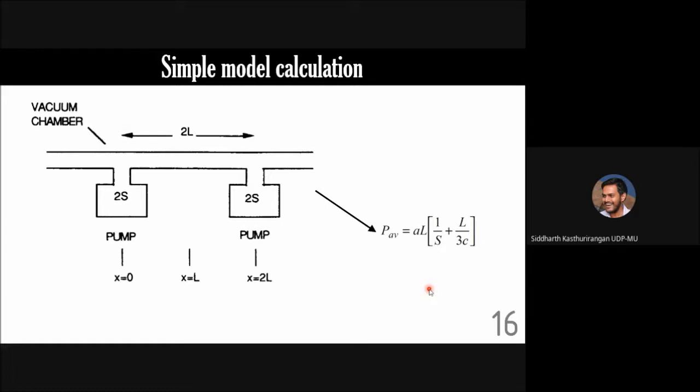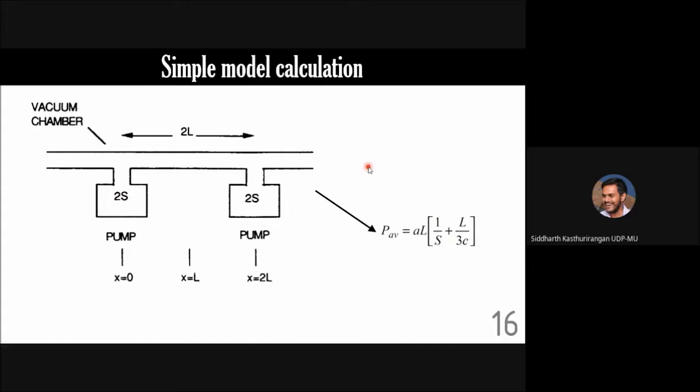The conductance is a property of the adsorption coefficient of the gas on the walls of the chamber and the nature of the gas. Okay, what type of molecules it consists of, what is the mass, and so on. Also, if you increase the length between two pumps, then the pressure is directly proportional to that. So the pressure also increases, which is also understandable, because the larger the distance, the region between the two pumps will get less pumping, and so the average pressure will increase.